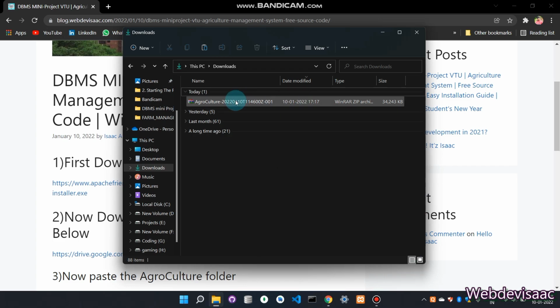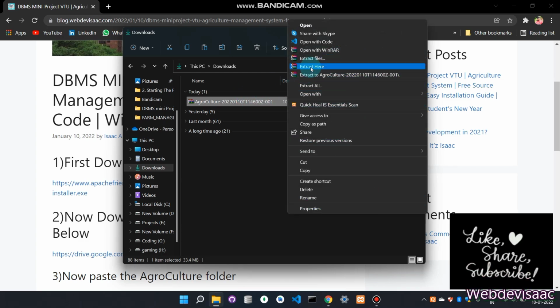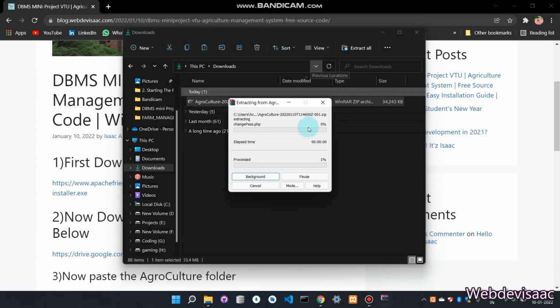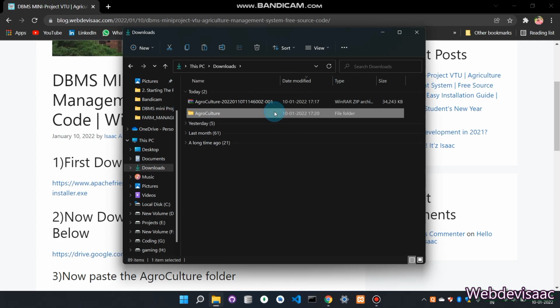Now after it is downloaded, you just right click and show more options. That's only in Windows 11. In Windows 10 you can just right click and this will appear. Just click extract here. It will take some time and it will be extracted. After it's extracted, you just need to copy this file